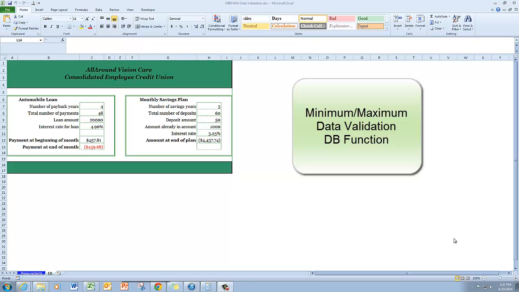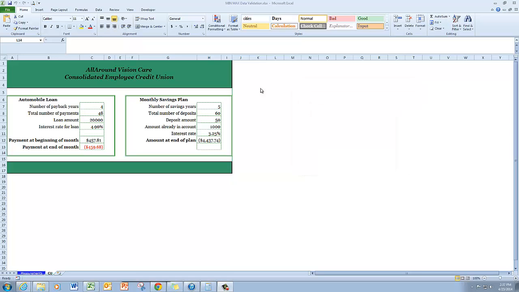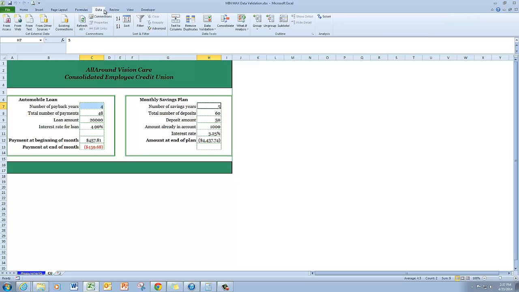Lesson 11 adds another data validation tool. And so we're going to add a data validation rule to cell C7 and H7. So I'm going to go ahead and select those cells before I get started with the data validation. Then I'll go to the Data tab, to Data Validation,